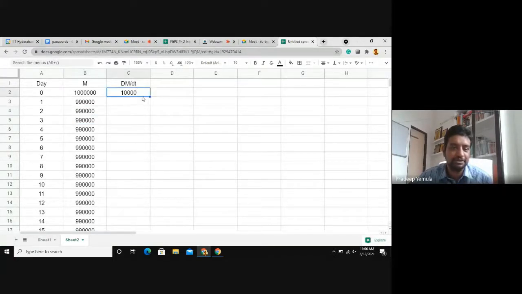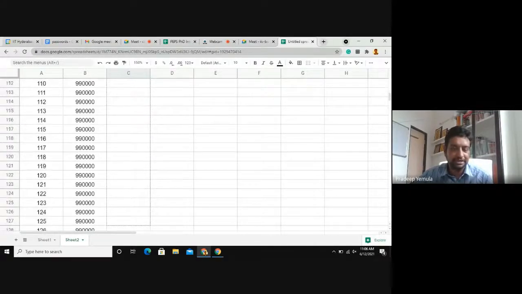And this formula I will once again repeat for all. So by doing like this, now I can track my wealth until the end of the year.